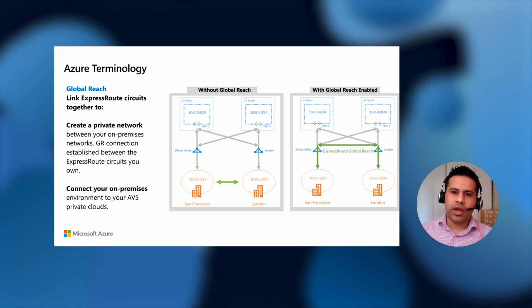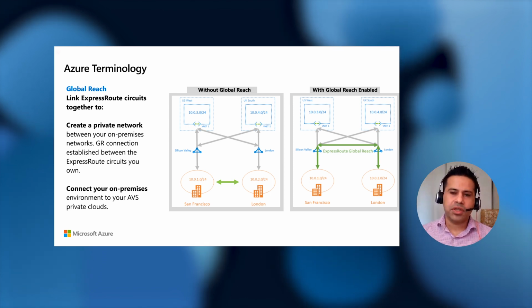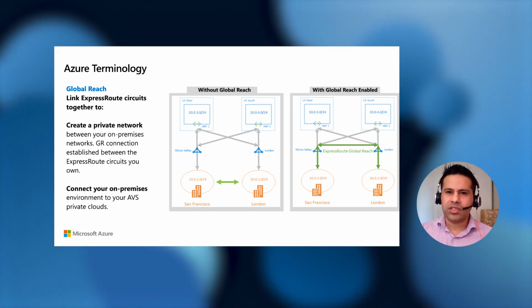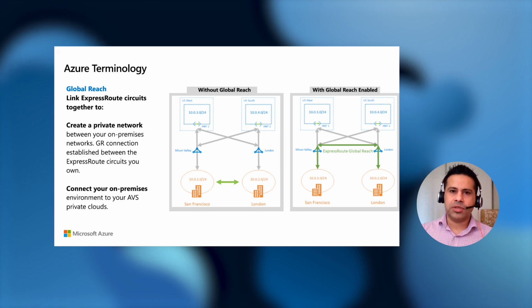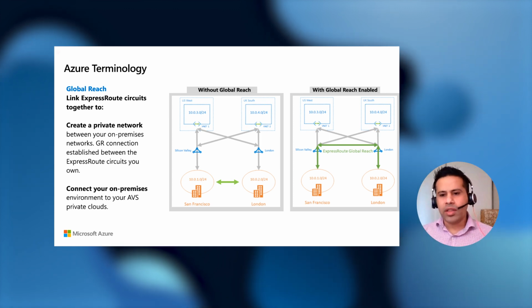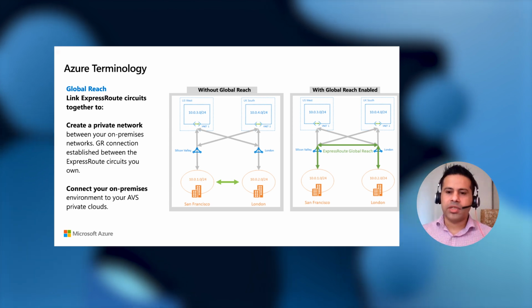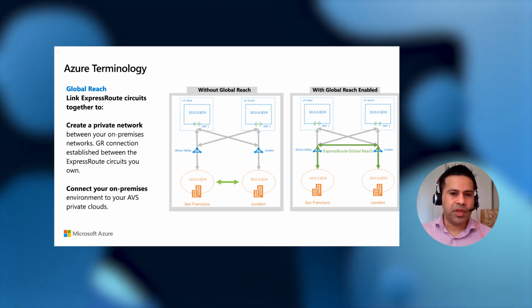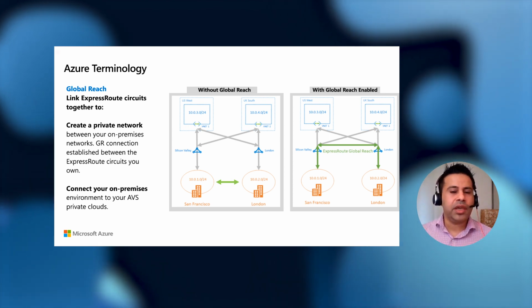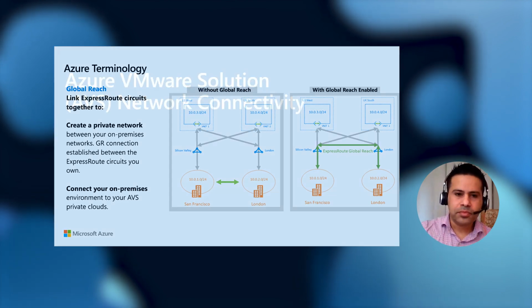With respect to Azure VMware Solution, we are using this again. We are using the same concept, stitching two different ExpressRoute circuits. One that's already connected from your on-premises to Azure. Another one is what we pre-provision for you when we create an SDDC in Azure, and I'm going to touch upon that in the next section.